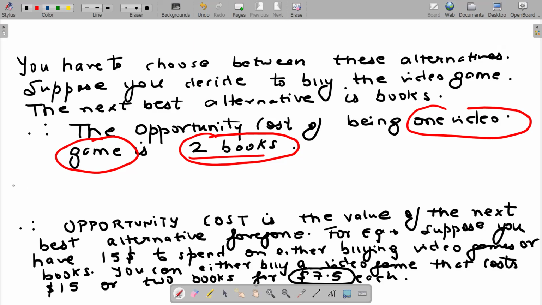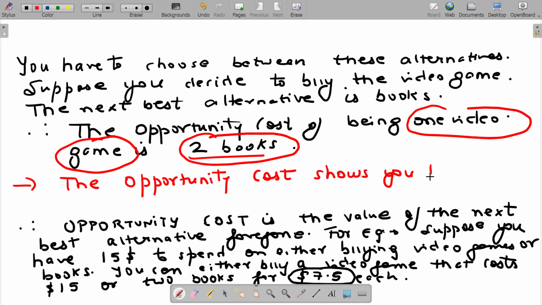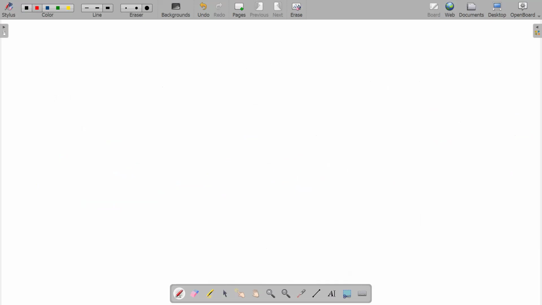So I can write a summary line that the opportunity cost shows you the real cost of your choices. So hoping students have understood this. So I stop in this particular lecture. It was a short lecture and it was an introduction to the first module we cover in the AS Economics course. What we have covered,